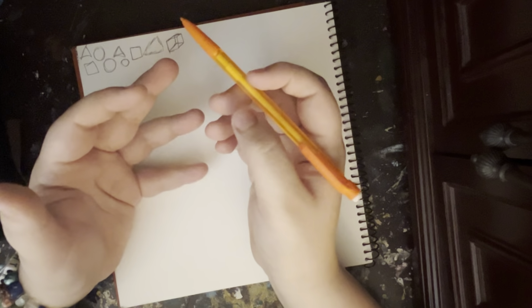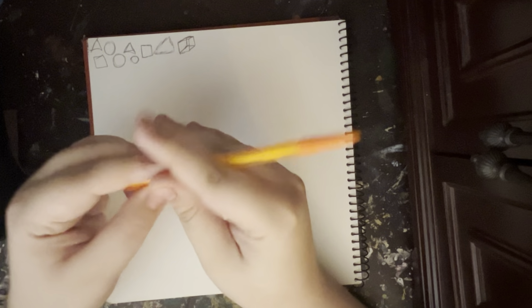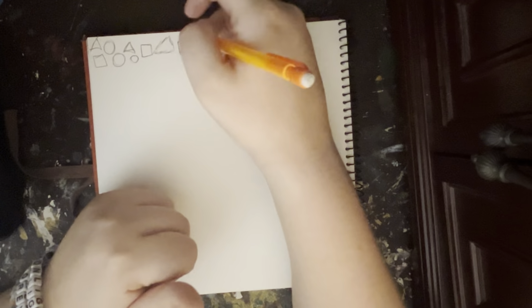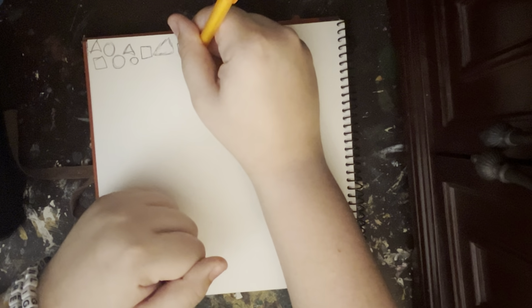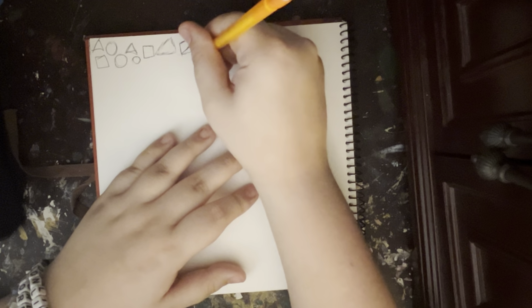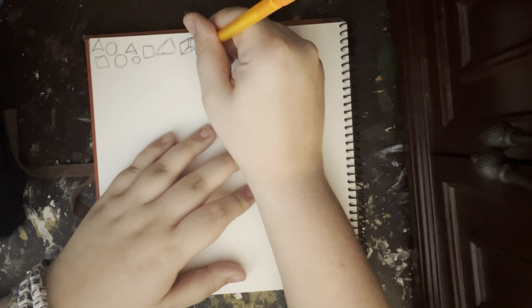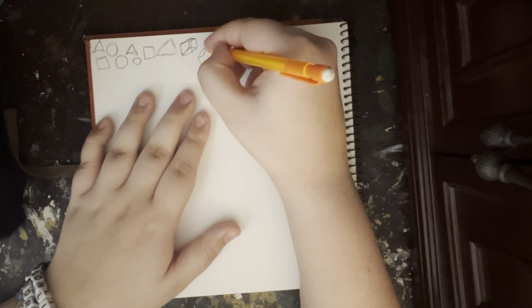Because right now I'm staying very human focused because I love drawing characters. I don't care for backgrounds that much. I usually just give blank backgrounds. I do want to eventually get into the ability to draw landscapes and cityscapes and all that jazz. But right now I am staying completely focused